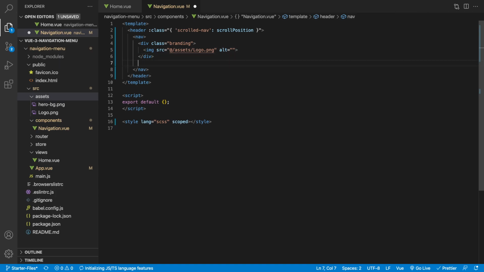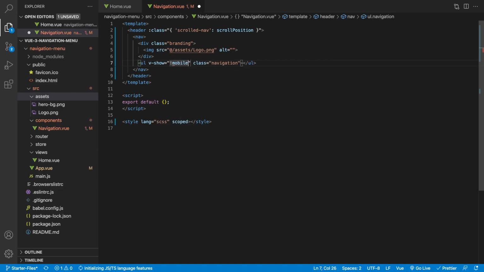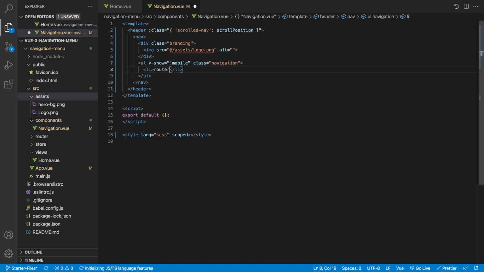Now we also want to create our navigation links. So what we're going to do here is have a UL with the class of navigation. Okay. Now we're also going to have another data value on here. So I'm going to say v-show if mobile is not true. And we'll create this in just a little bit as well, but I just wanted to add that on there for now. Okay. Now inside of our UL, we're going to have our li tags, and then we're going to have our router